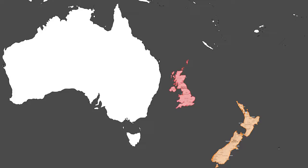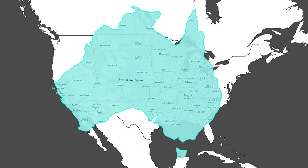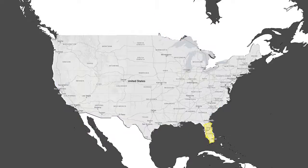Next door to New Zealand is Australia, and the UK looks so small just off the east coast in comparison. And Australia, in fact, is much bigger than most people believe it to be. It can be placed to cover almost the entire continental US. Interestingly, the combination of the following countries will not cover that same area: Portugal, the Netherlands, Estonia, Albania, Hungary, Belgium,